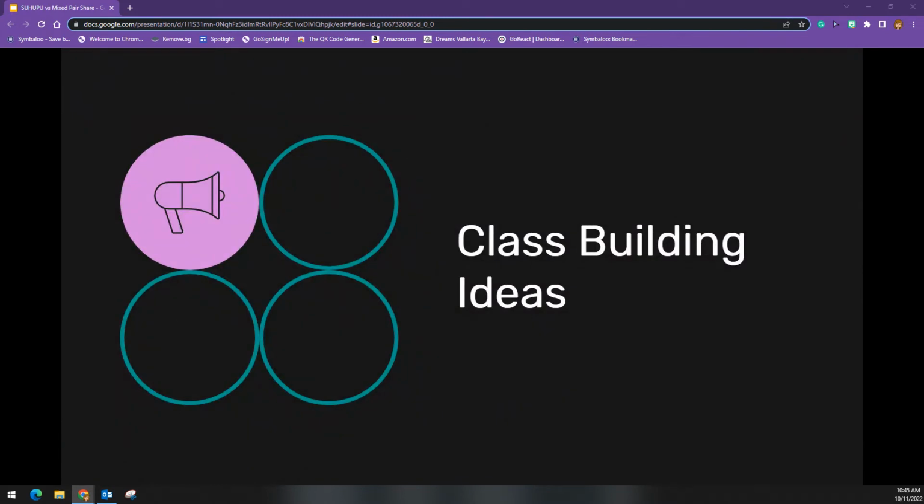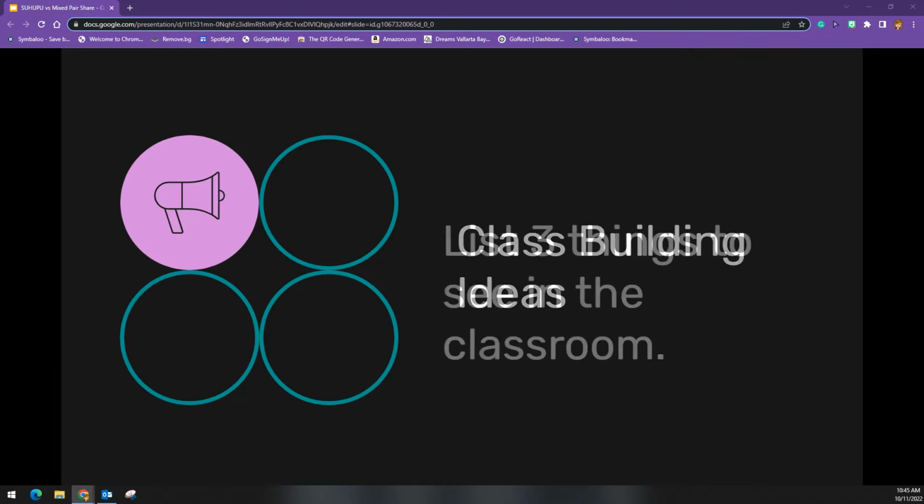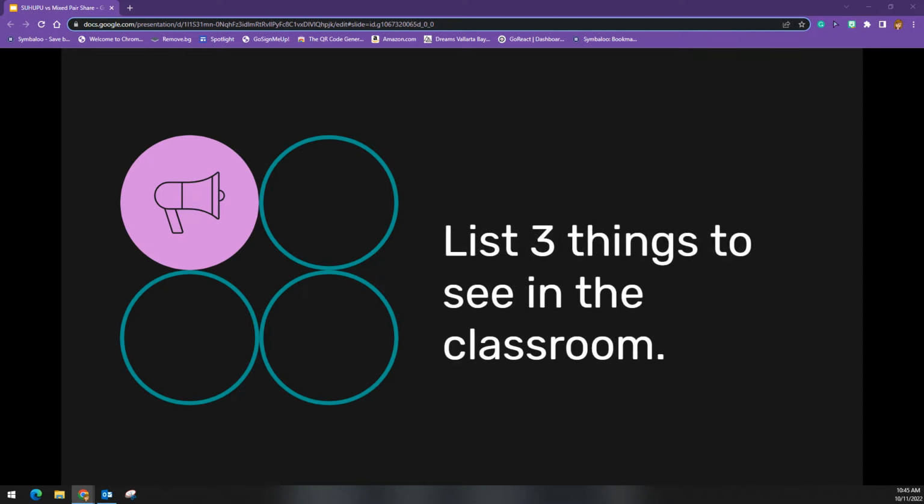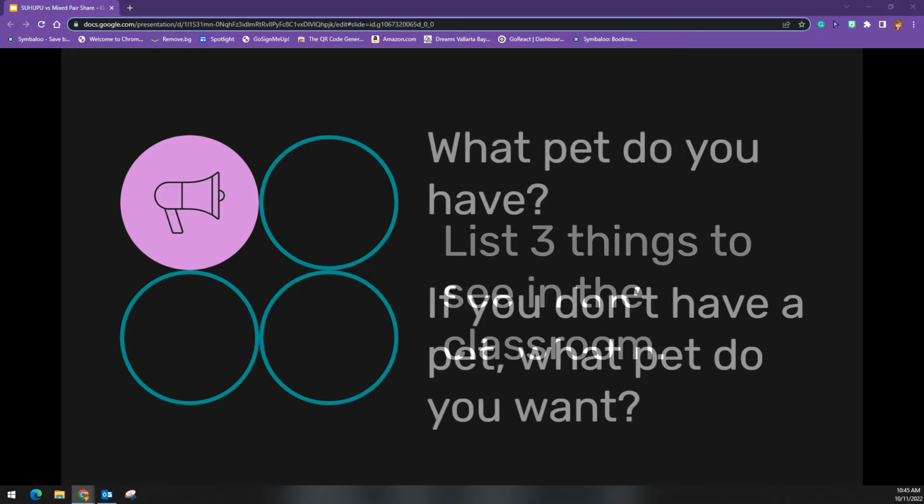I already mentioned that this structure, as well as all structures, should be introduced non academically first, so that students can learn the rules of the structure before adding in academic content. Since Stand Up Hand Up Pair Up is meant for quick, not lengthy answers, some ideas for class building are: list 3 things you see in the classroom,